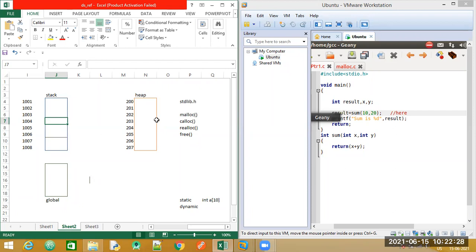But when we talk about the heap section, when we talk about dynamic memory allocation and we follow these methods to allocate the memory, we need to manually remove the instructions from this particular memory block. It is not going to be automatically erased in the heap section. You will have to code it.